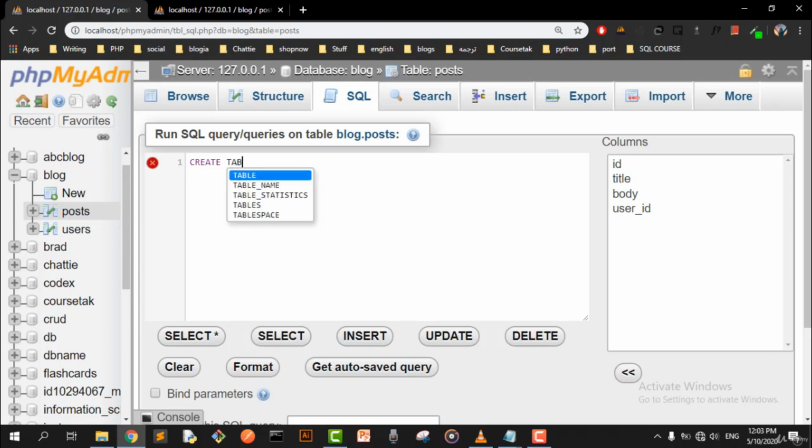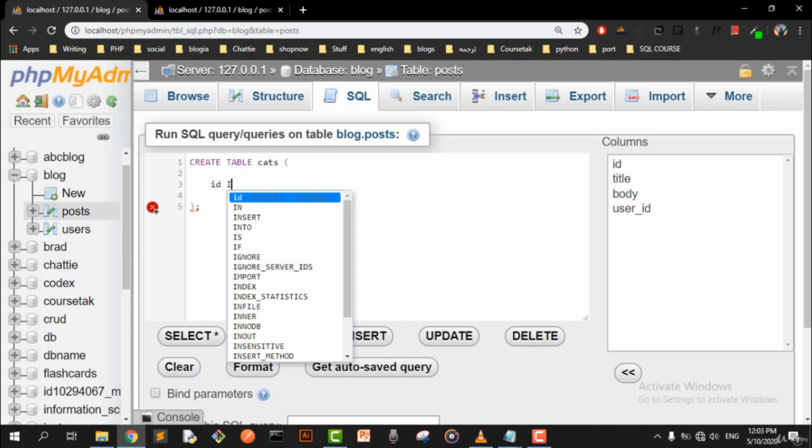Create table. And let's just shorten this to cats. The word category is kind of big, so let's have this right here, the ID, and